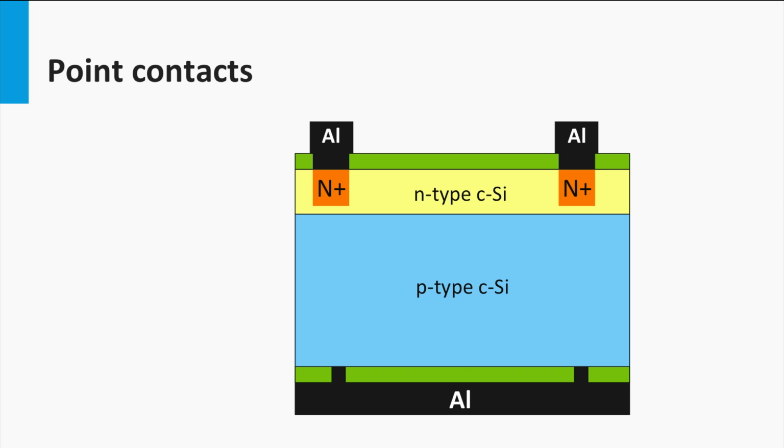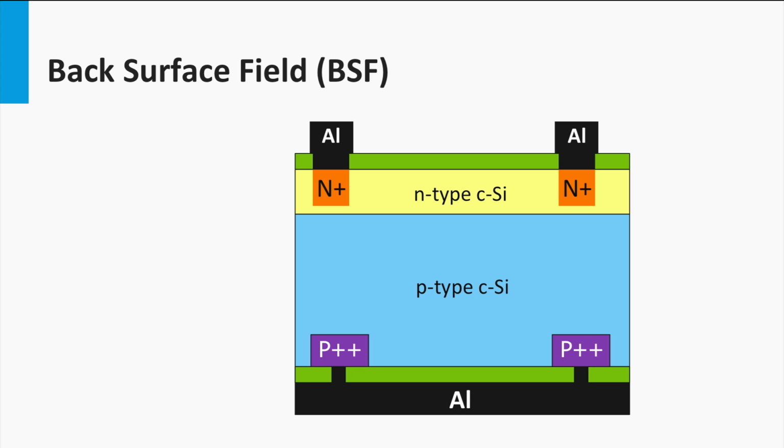First, we can again reduce the area between the metal contact and the semiconductor. We can make point contacts. The rest of the rear surface is then passivated by an insulating passivation layer, similar to what we have discussed for the emitter front surface. The loss mechanism of recombination of electrons at the back contact can be further reduced by a so-called back surface field. A higher p-doped region is placed above the point contacts at the rear surface, indicated by P++.